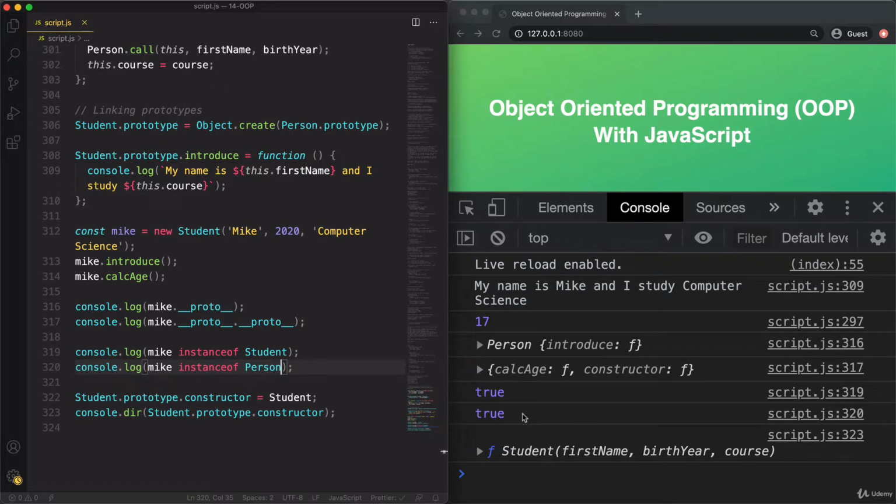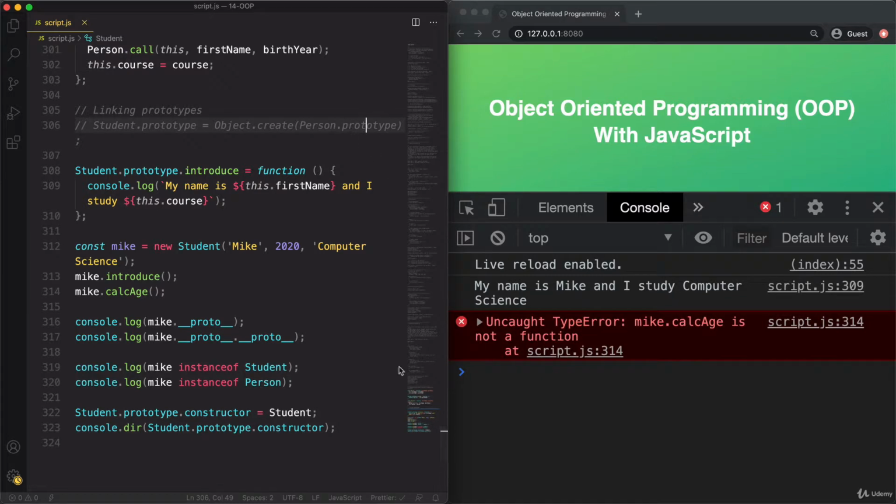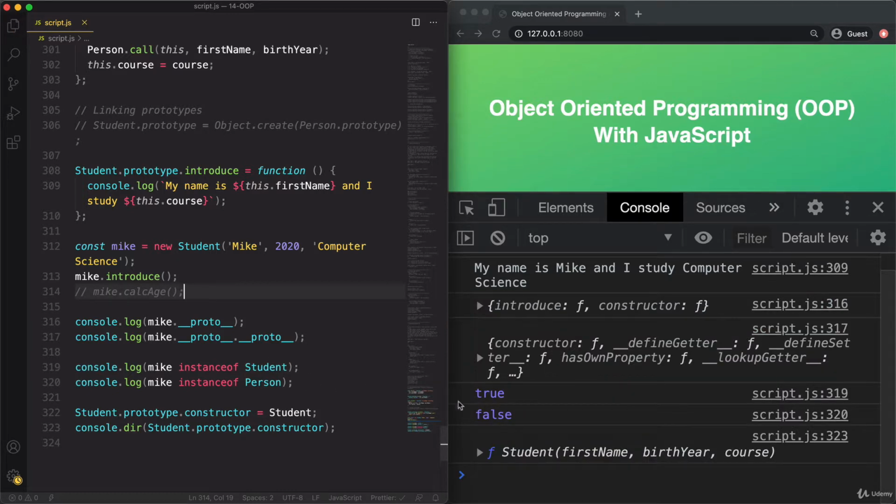And so again, it's because we linked the prototypes together. So if we didn't have this, then this should be false. So of course, Mike.calcAge is not a function in this case, because the prototype chain is now not correctly set up to find this method. But let's quickly take this out. And so now indeed Mike is no longer an instance of Person.